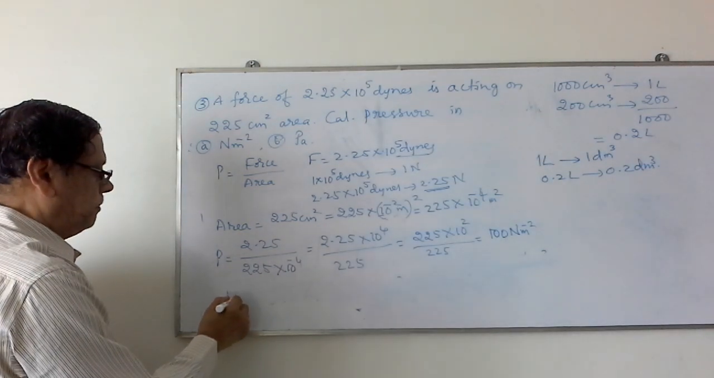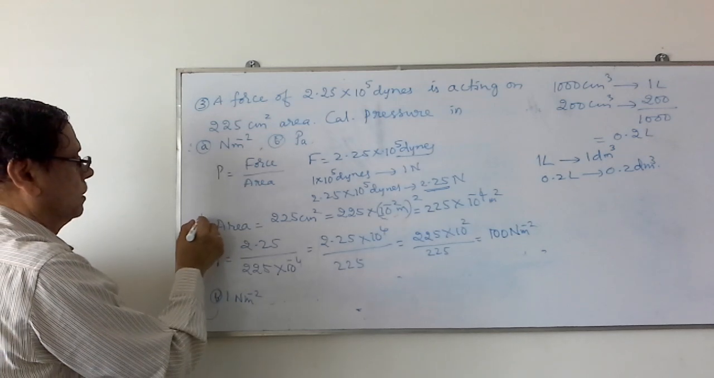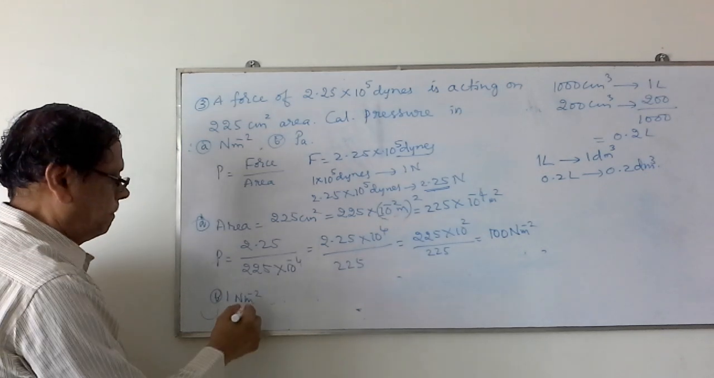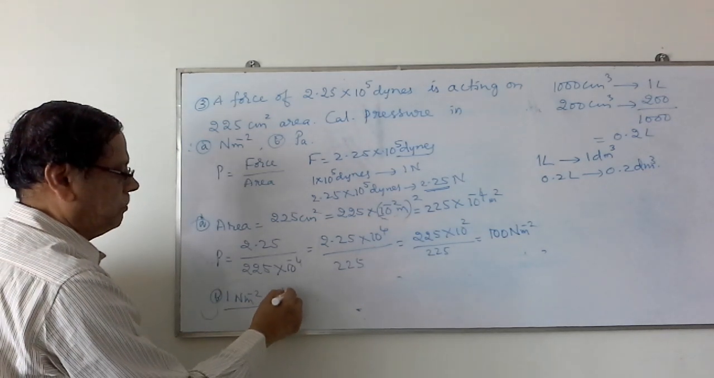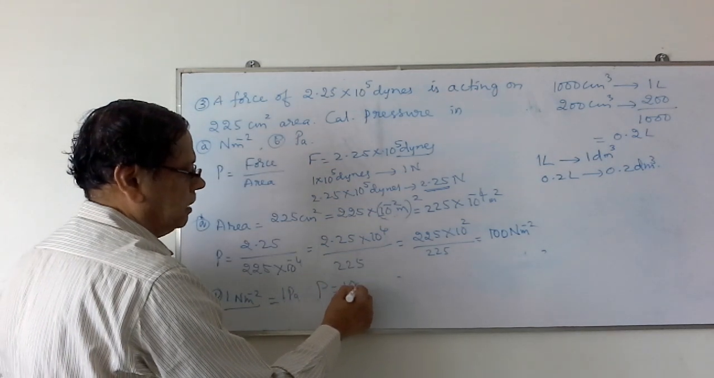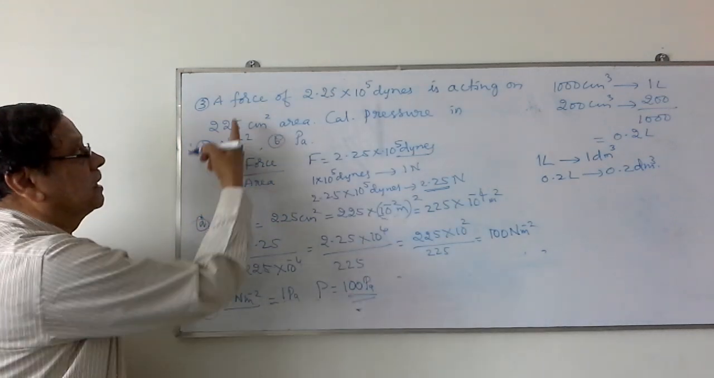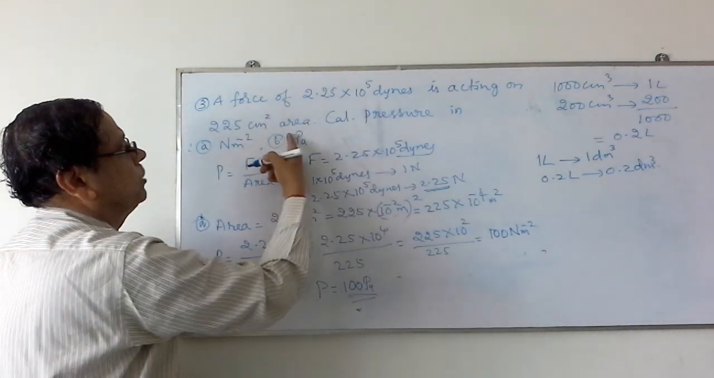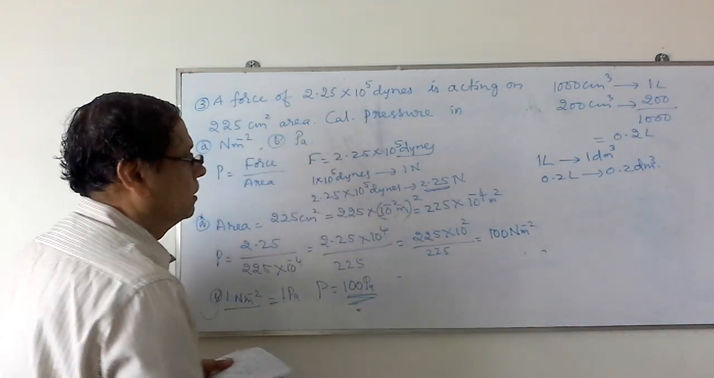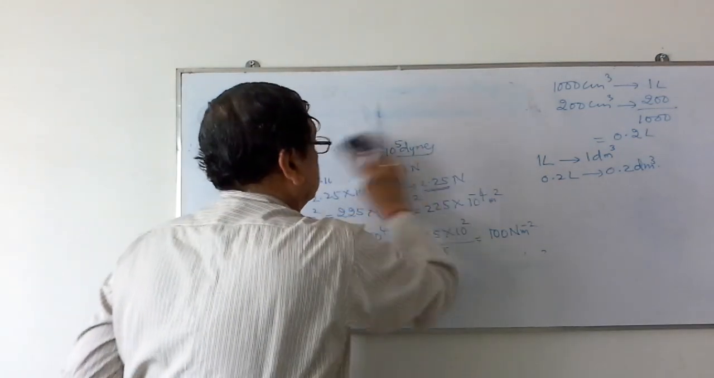To calculate that in terms of pascals, 1 Newton per meter square is called 1 pascal. Therefore, the pressure will be equal to 100 pascals. So this is the conversion of the force per unit area, that is nothing but pressure, into the SI unit. The next numerical will go for